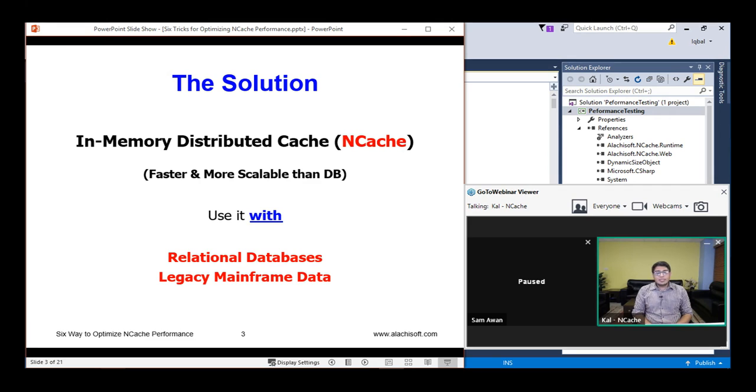The best part about this is that it's not a replacement to a database. You can use it alongside with it. So what it does is basically the cache cluster sits right in between your applications and your database. You can still make direct calls, but what it does is you can make Encache your sole source for data.